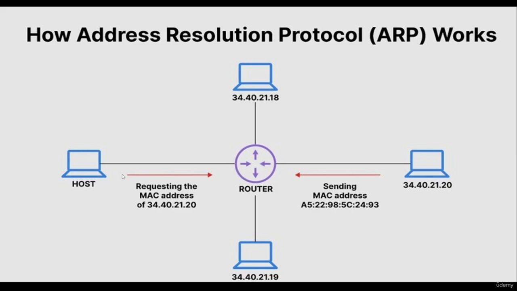When computer A wants to communicate with computer B, computer A already knows the IP address of computer B. However, to establish communication, it still needs the MAC address. Consequently, computer A sends out a broadcast message inquiring about the device with a specific IP address, and computer B will respond with its MAC address. Once computer A obtains the MAC address of computer B, the communication will start. Subsequently, the information will be stored in the ARP cache. To check that information in the Windows operating system, you can use the arp -a command.